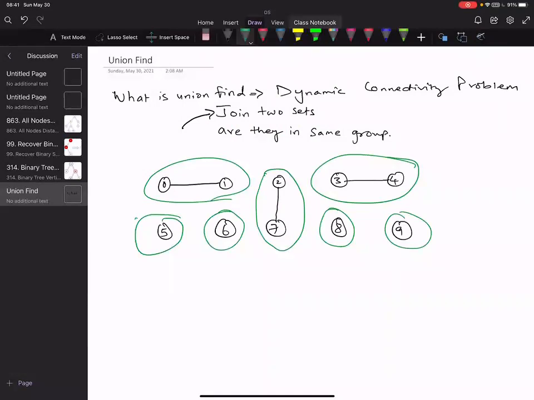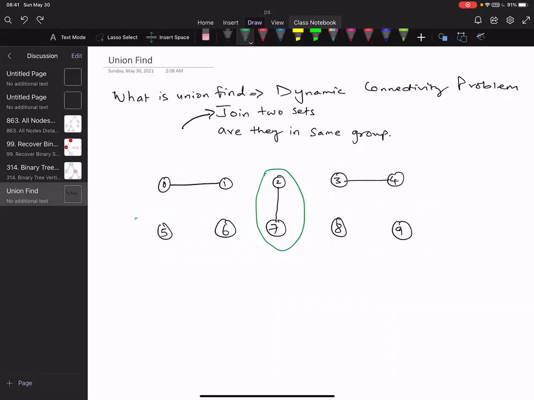Now, when I say dynamic connectivity, what it means is that at any time, I should be able to query whether 3 and 8 are connected or not, whether 3 and 4 are connected or not, whether 2 and 1 are connected or not.